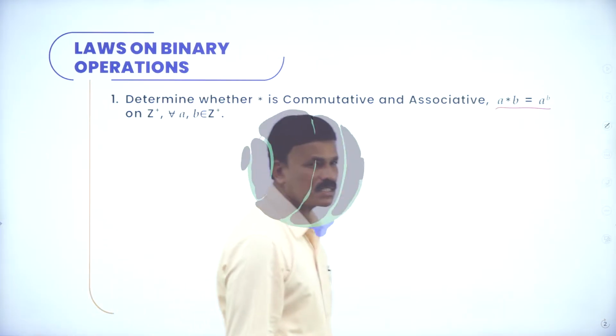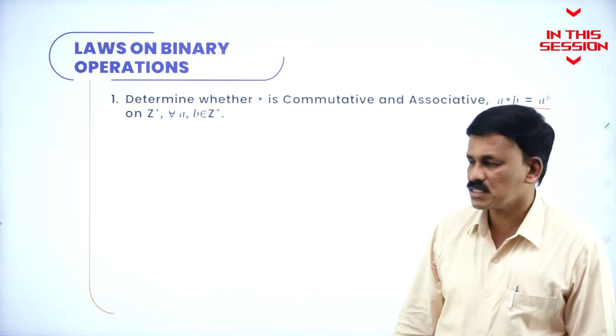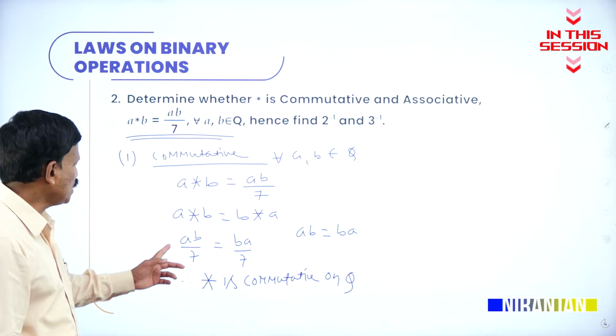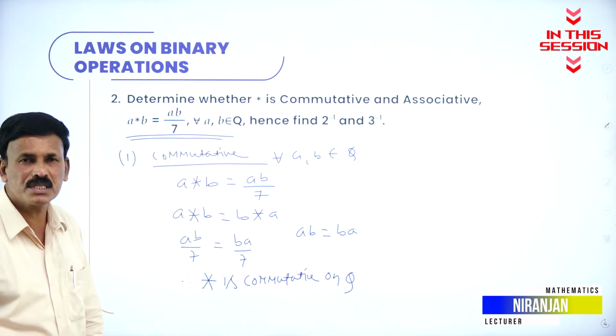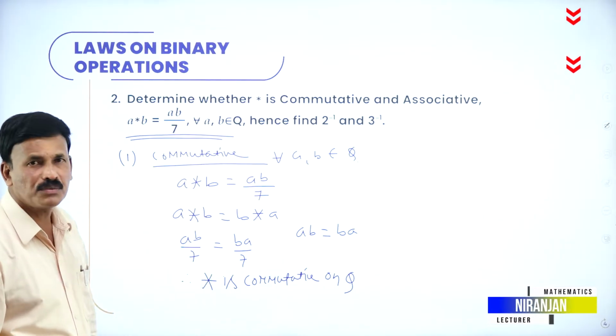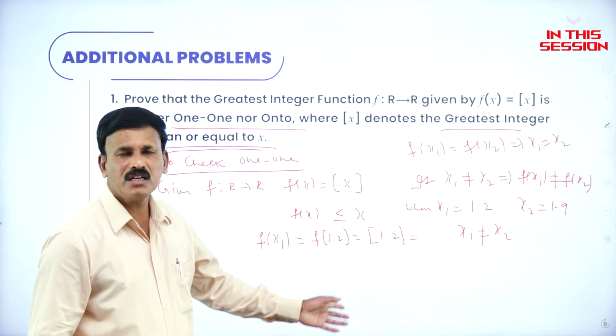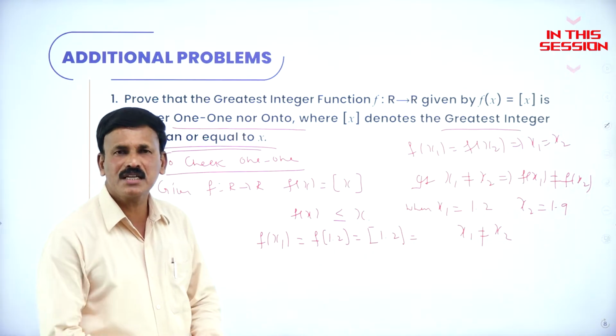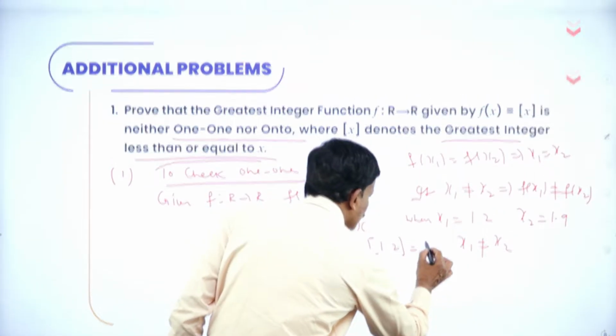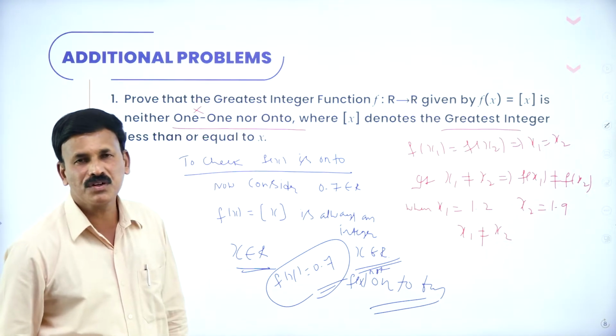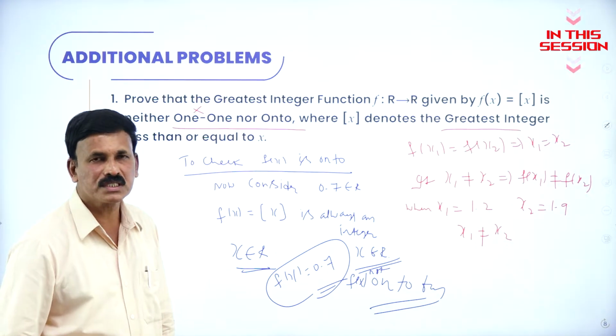Z plus is the set of all positive integers. Now what is to verify? So AB by 7 is also equal to BA by 7. Therefore star is commutative. The greatest integer value of 1.2, which is less than or equal to 1.2, is 1. F of x is neither one-one function nor onto function. That is the